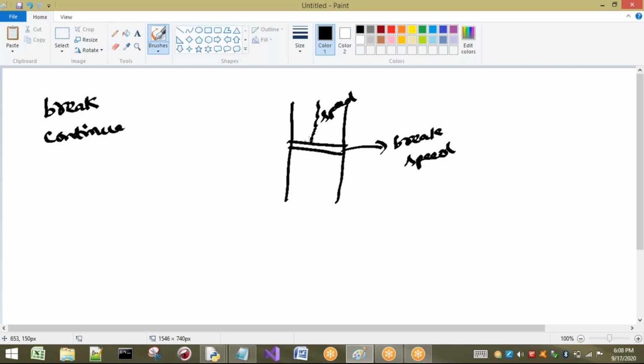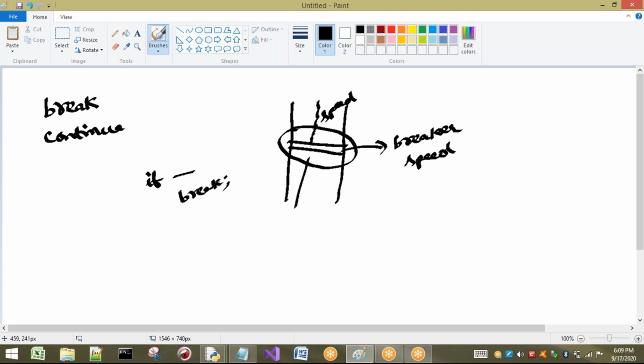Here we have to break the speed and we will cross this one, and again we are going to do the same thing. Why are we calling it a speed breaker? The reason is it is going to break the speed. In the same way, where we use break in our programming: if some condition is there, here I am going to write break. This keyword terminates the innermost loop. That means if any condition is true, and inside that if you write a break, we are going to get out of that particular loop.